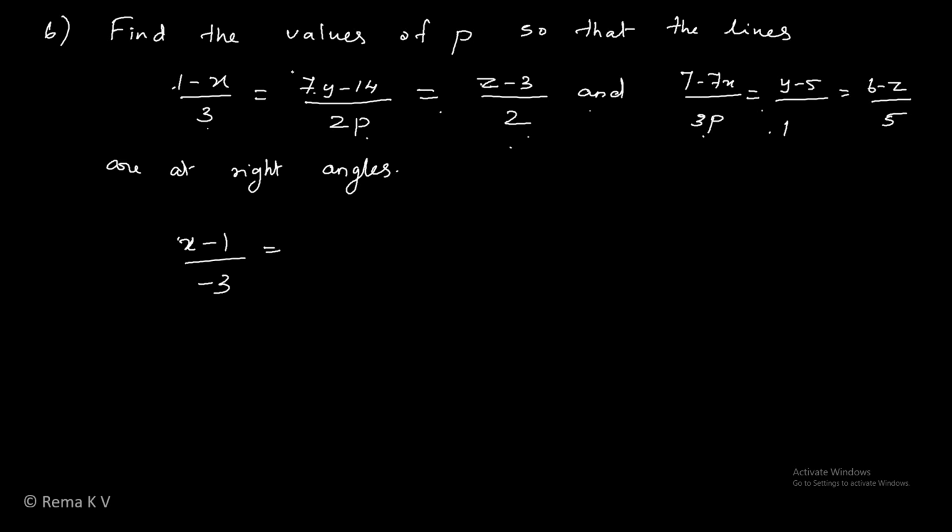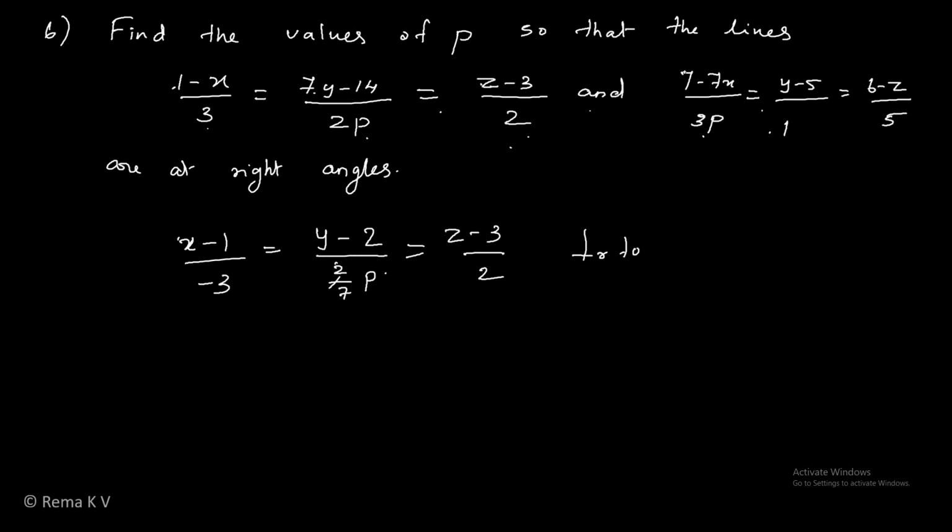Here we have to make this coefficient 1. So first you have to take 7 as a common factor, which moves to the denominator, and it becomes (y minus 2)/(2 by 7p). 7 is a common factor in the numerator; when it moves to the denominator, it becomes 2 by 7p. This is equal to (z minus 3)/2, which is perpendicular to